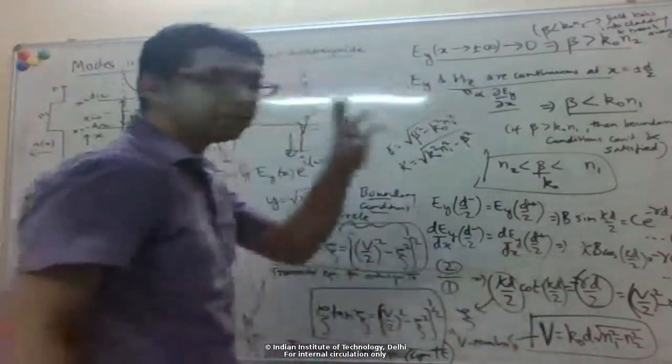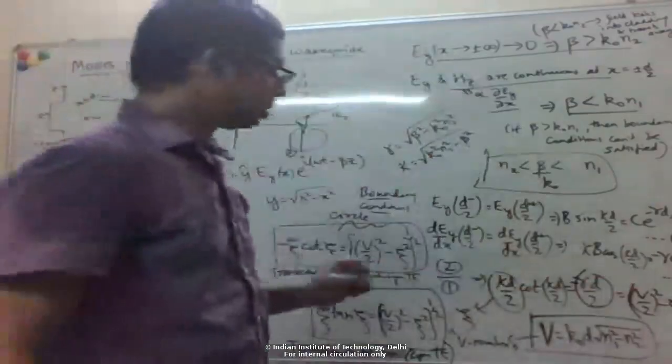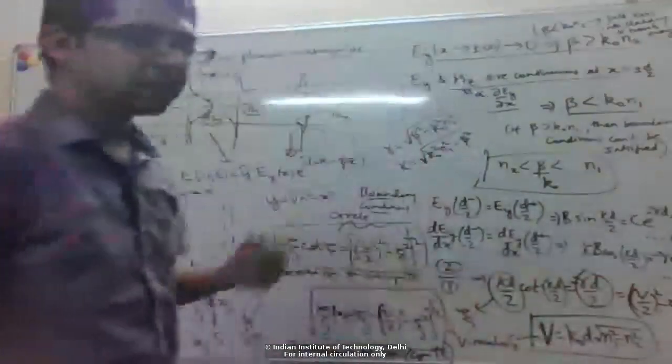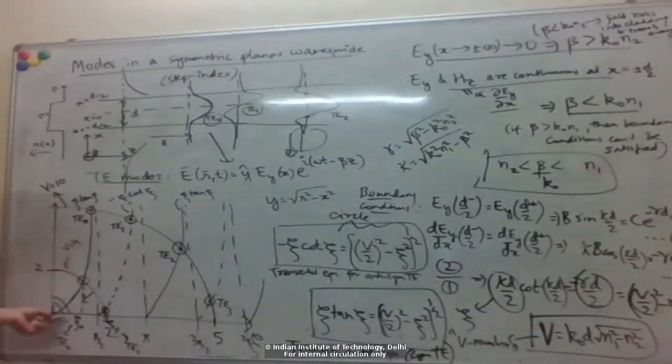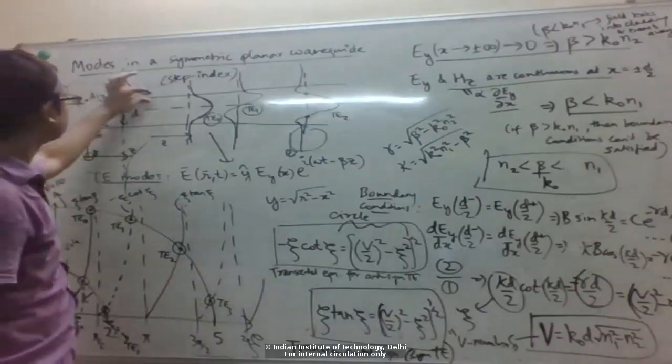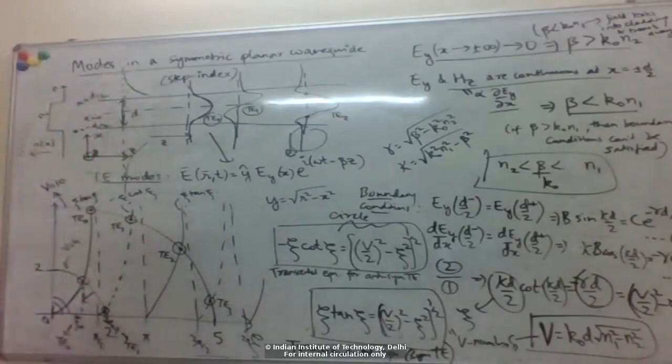So let's say you keep decreasing the thickness, or you keep decreasing the index contrast, or you keep increasing the wavelength, right? So that reduces the V number. But no matter how small you make it, you always have this first. So TE0 mode is always guided, right? No matter how thin this is or how small the index contrast,